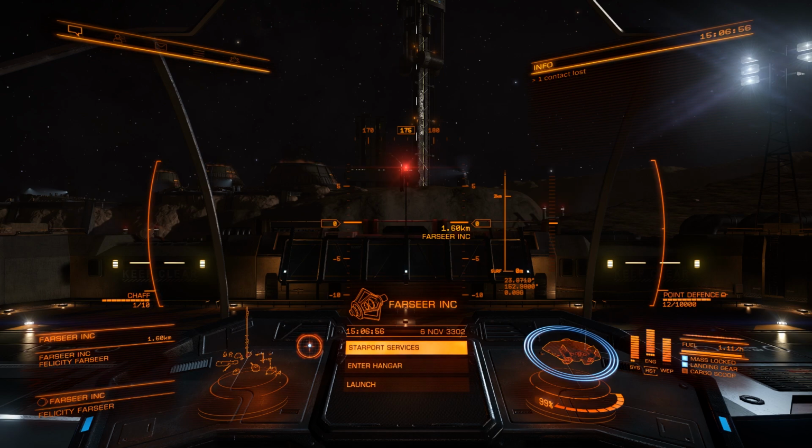But we got there in the end, and once I attained the credits, I bought the Asp Explorer and I kitted it out, not for exploration but for doing, well, kind of what I would call resource work, in order to get all the stuff I needed to come here and obtain a grade 5 FSD increase. Now I've already unlocked Felicity. I did that before,